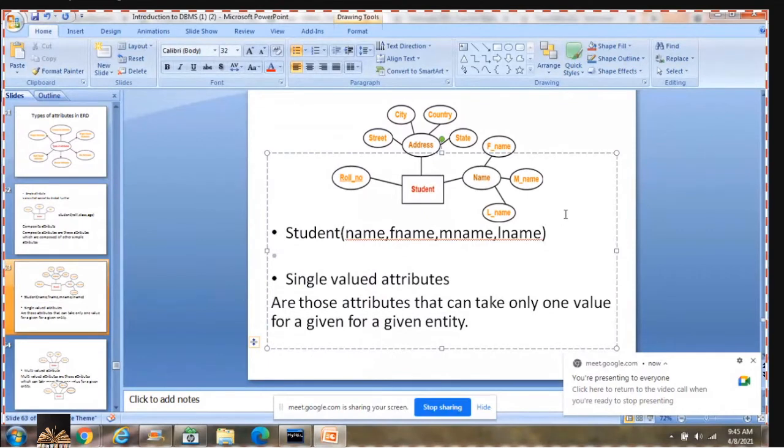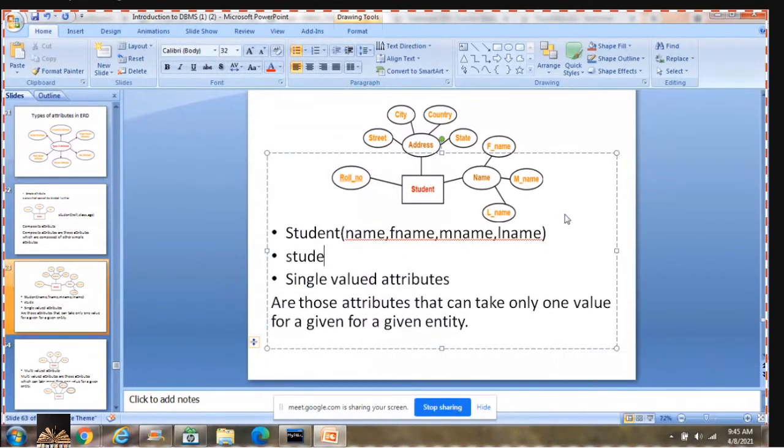And I'll take the second one: student, F name, M name, and L name. Which one is the correct representation of name with respect to the student entity?